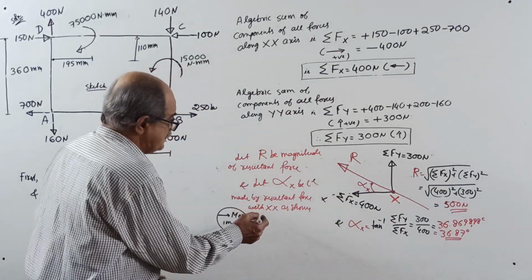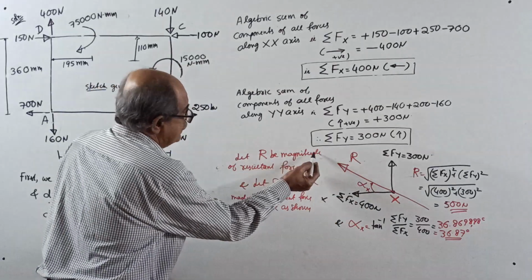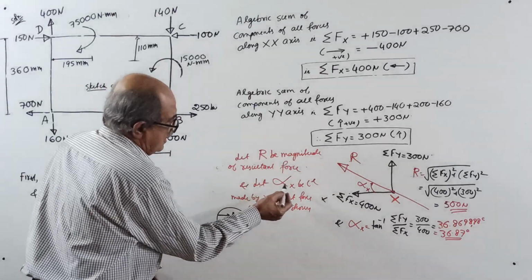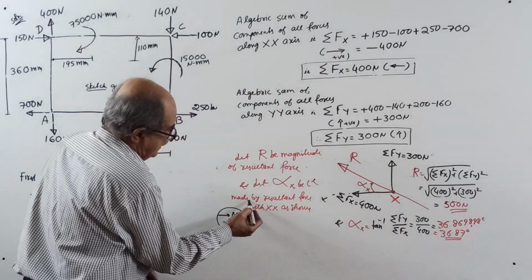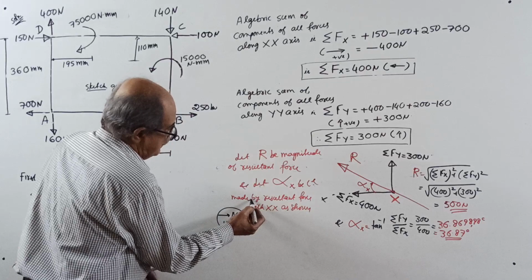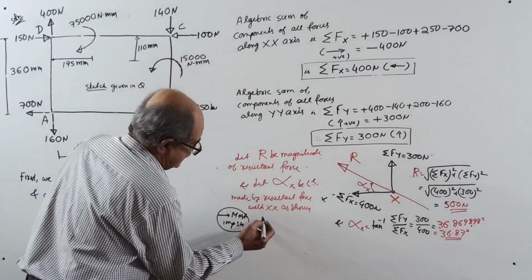So, one extra statement you are right. Let R be the magnitude of the resultant force and let alpha x and alpha y be the angles made by the resultant force with the x-axis and y-axis. Next, let